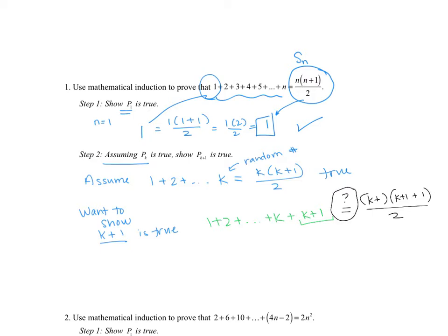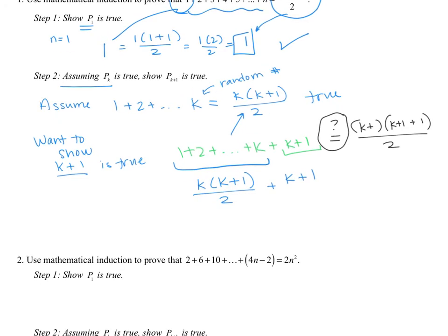So let's see what's happening on the left side. Well, 1 plus 2 all the way to k, we already have assumed that that's equal to k times k plus 1 over 2. So then we're going to add to that k plus 1. Now, in order to actually add these chunks together, we need to have a common denominator. So this is over 1, so I'm going to multiply by 2 over 2. So this is going to be k times k plus 1 plus, this will be 2k plus 2 all over